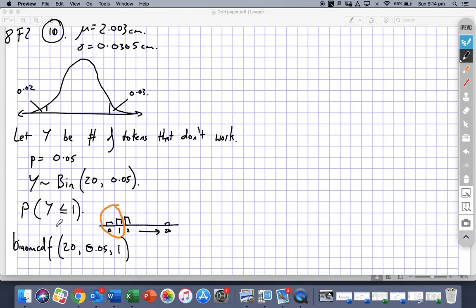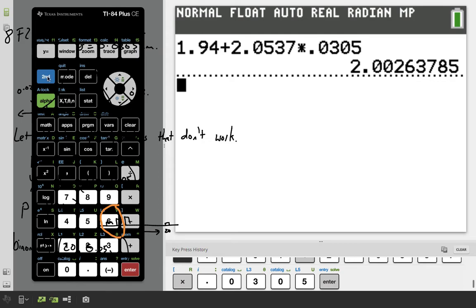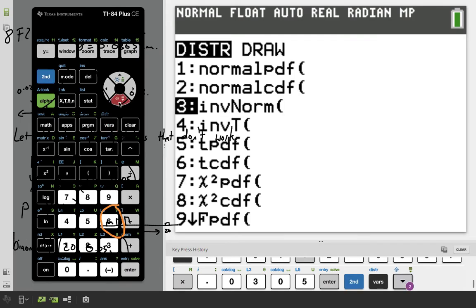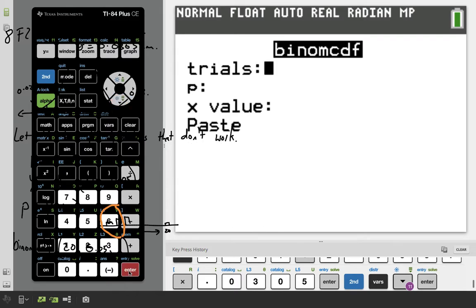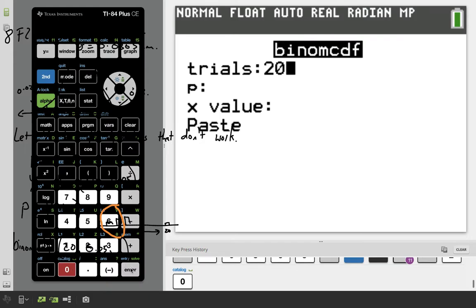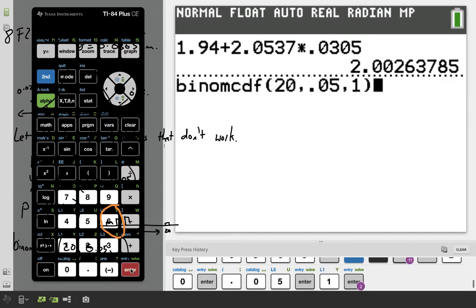And remember, this function in the calculator, binom CDF, always goes from the left up to whatever you've selected. So second dist, binom CDF. There we go. Trials, 20 tokens. There's only a 5% chance they don't work. I want to know about the 0 and also the 1. And I get